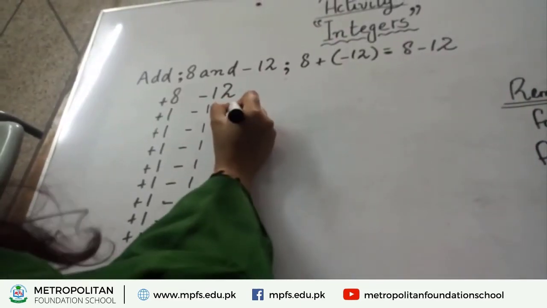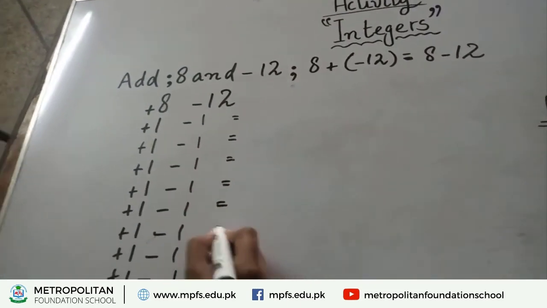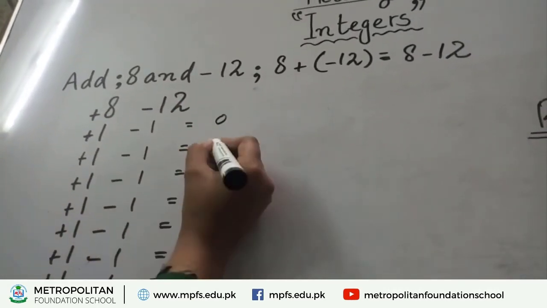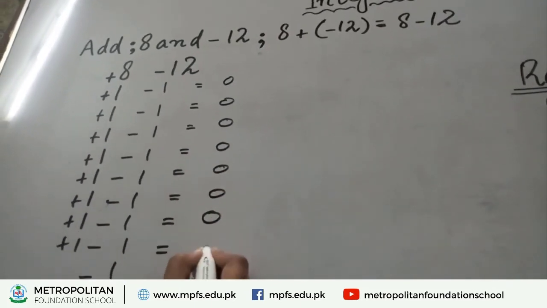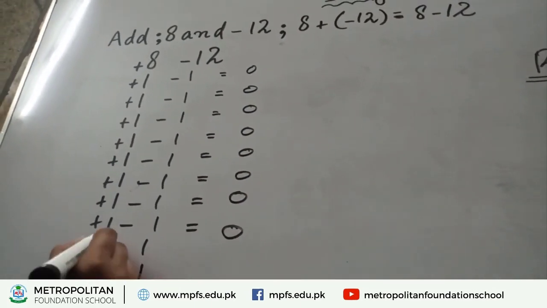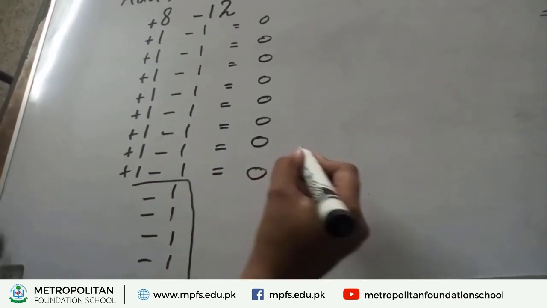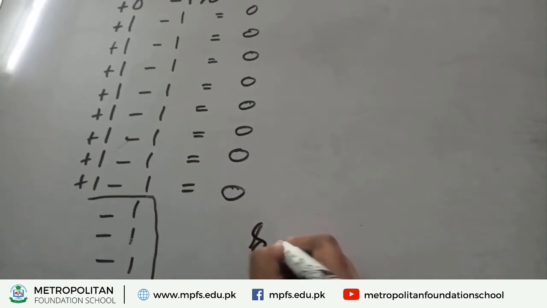So then we will solve this. Plus 1 minus 1 equal to 0. Plus 1 minus 1 equal to 0. 0, 0, 0, 0, 0 and 0. And here we have remaining 4 minus 1. So we will solve this. The answer of